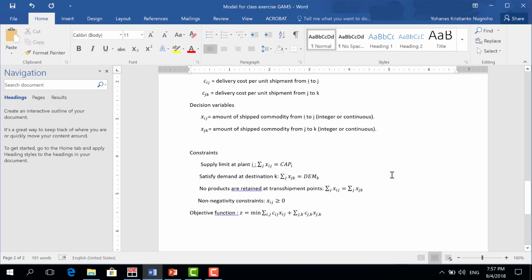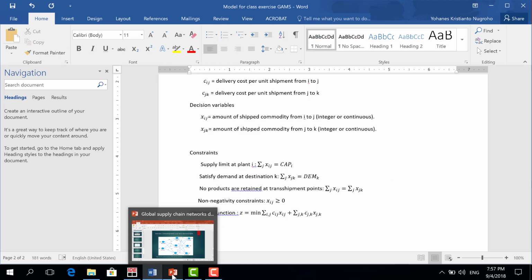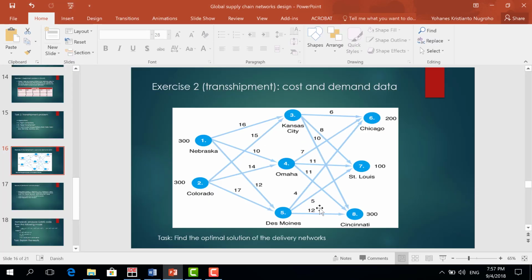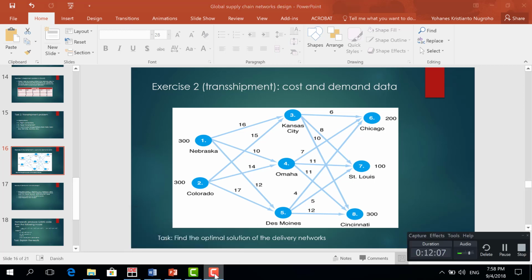And the objective function is to minimize the total cost of delivery from Nebraska and Colorado to Chicago, St. Louis, and Cincinnati. So whichever path or route taken by the supply chain, the goal is to minimize the total cost and to satisfy the demands at these three demand points. Okay, so now we can start our